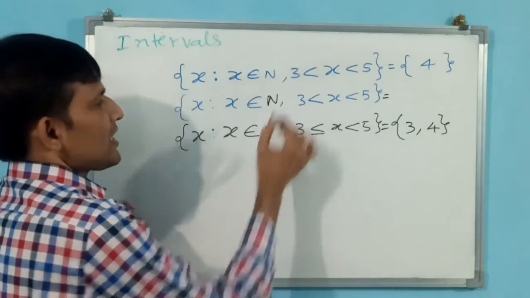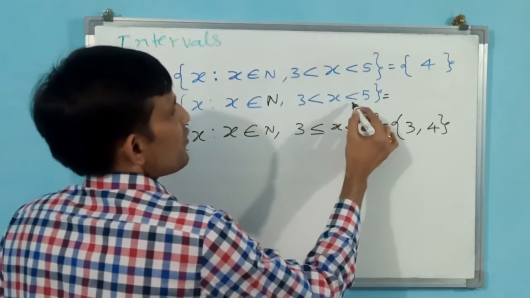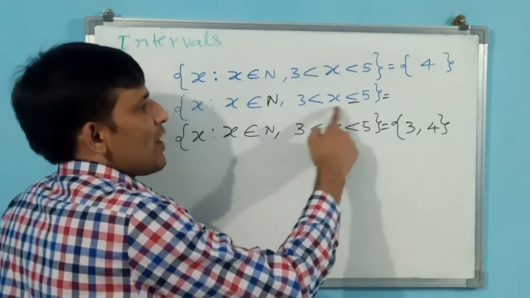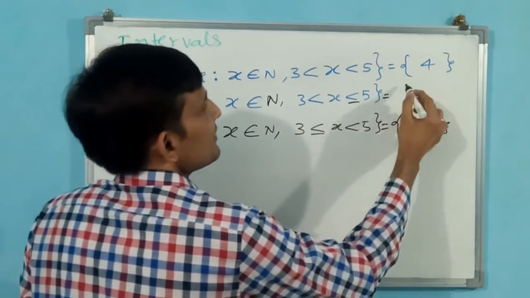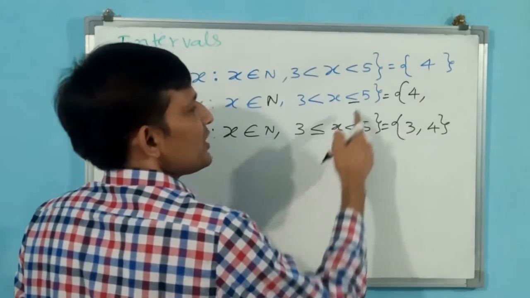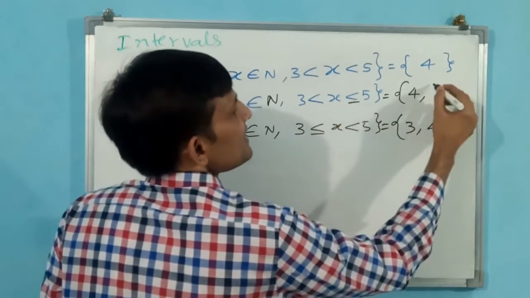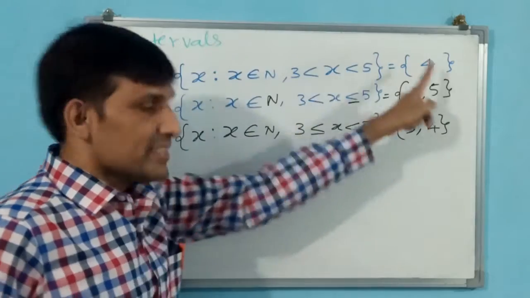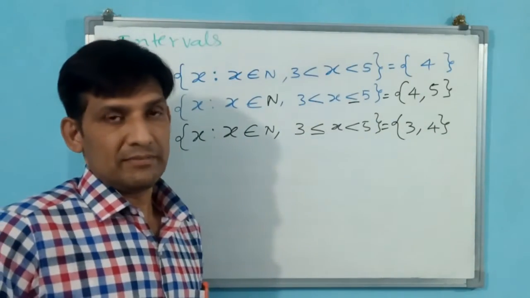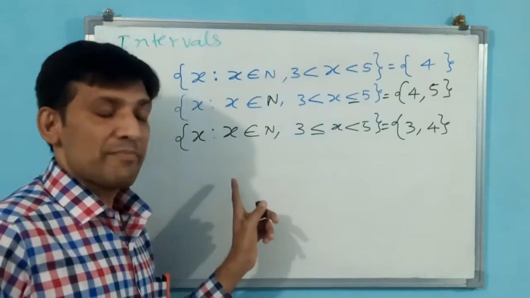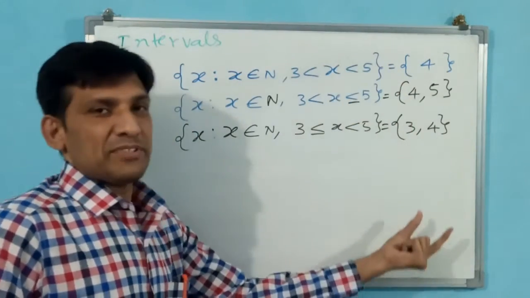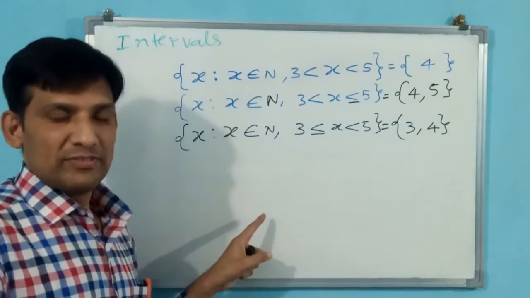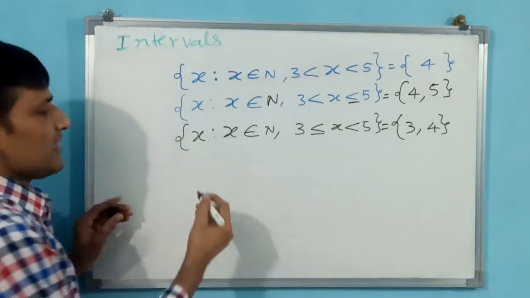Again I am making natural numbers only. This time I am going to make this one as equal to. x is greater than 3, but less than or equal to 5. Greater than 3 means 4 will come. Less than or equal to means the equal to symbol is there. That is why 5 will come. This is the set. These are sets I am talking about. We have not yet entered intervals. Interval representation is different. We have not yet gone to intervals, but I am making the concepts clear. Then we will go to intervals. To understand intervals, you should know these concepts.